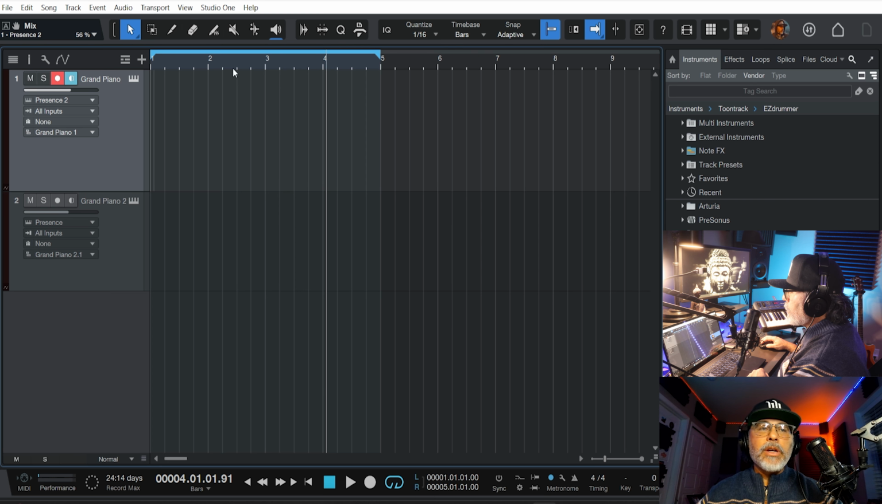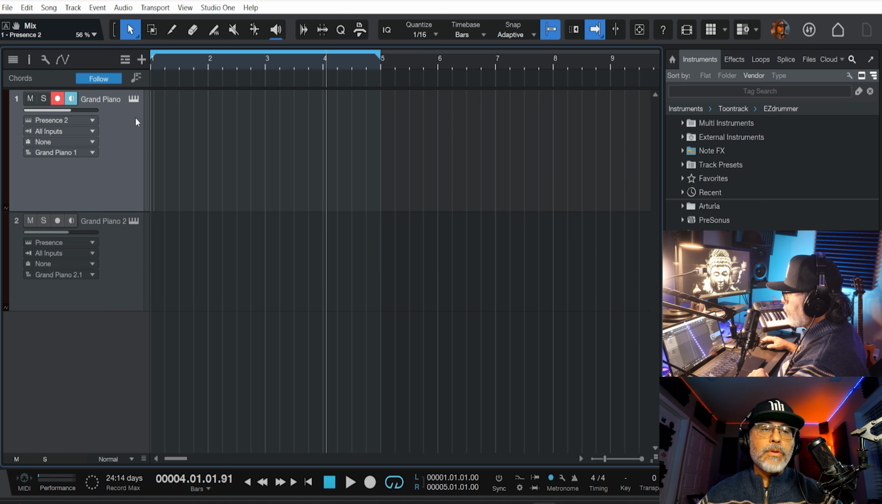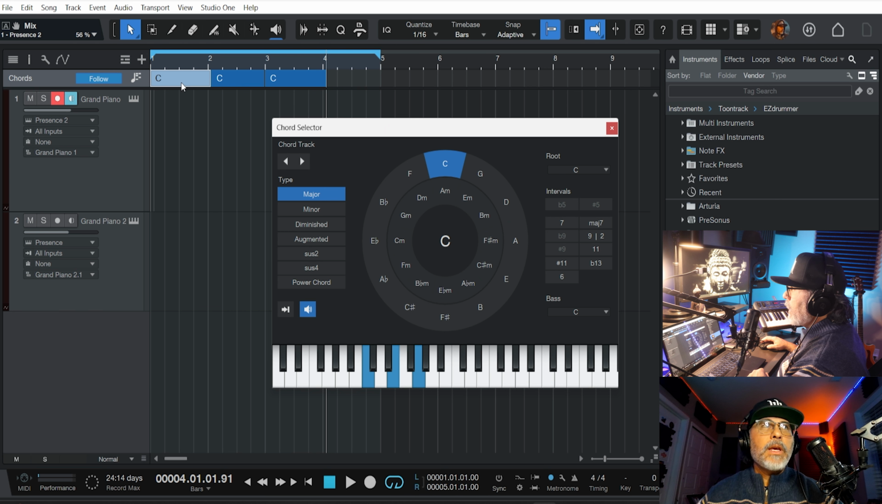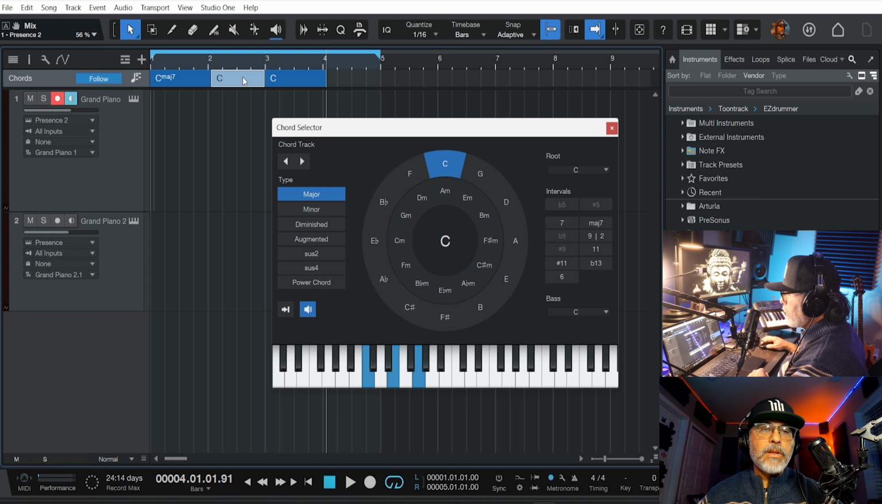So here we go. We're going to go chords. We're going to start dropping in some bars here. And we're going to keep this simple. We're going to do three notes, or three chords, excuse me. And we're going to go C major 7th. We're going to go